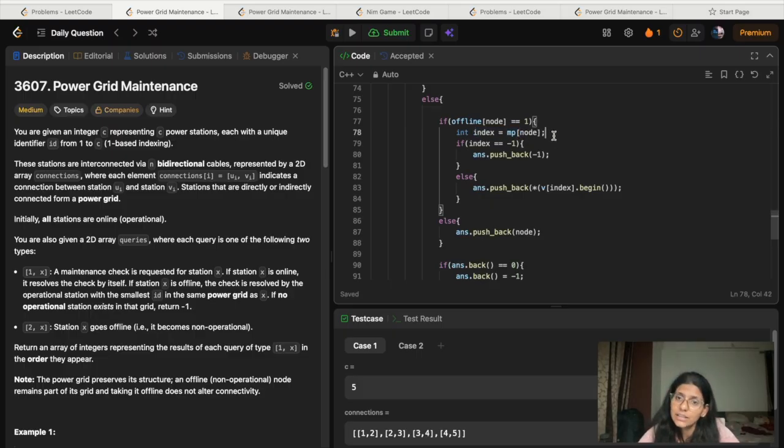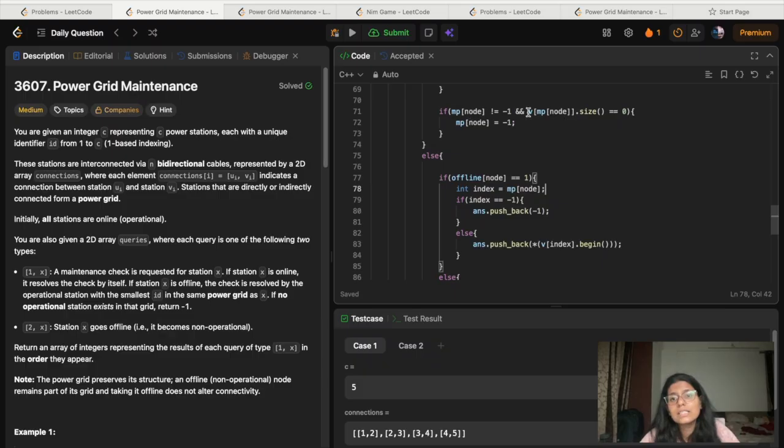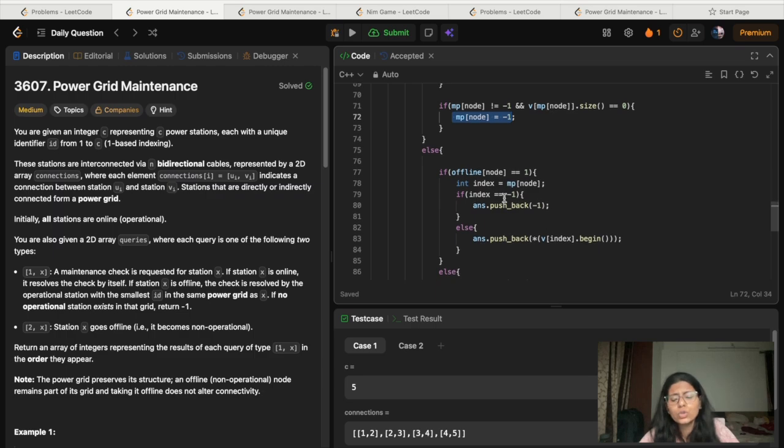For that we are taking index equal to MP of node, and we'll check whether index is equal to -1 or not, because when the size of that set becomes 0, when all nodes become offline, at that time I mapped that node to -1.